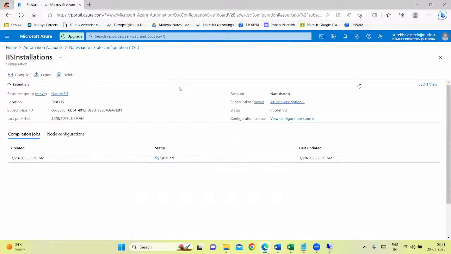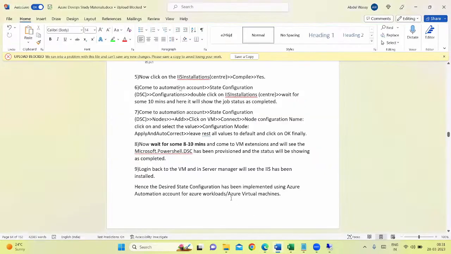So we'll just wait for some time. The job status should show here completed, not queued. Queued means it is in the pipeline, waiting for the compilation to complete. We have clicked compile and said yes, guys, so it went to the queue here. It depends upon the cloud servers, how much load there is, so it will take some time. Next step, it is asking us